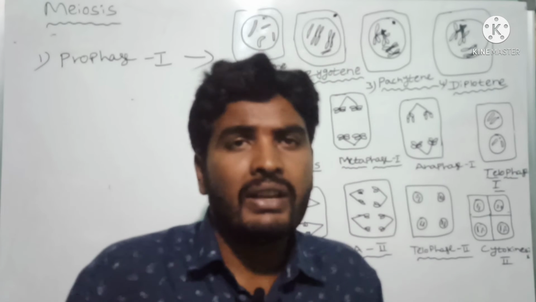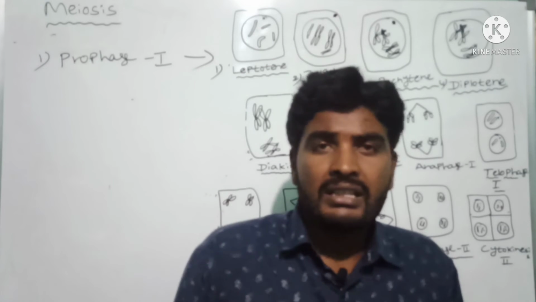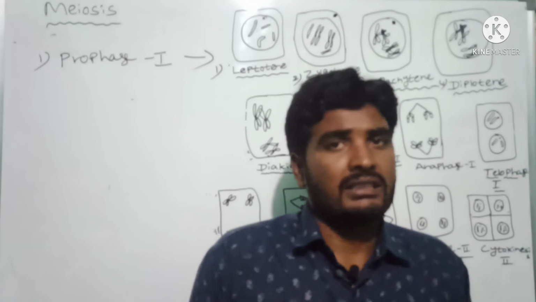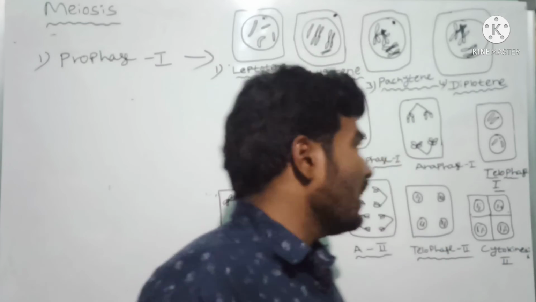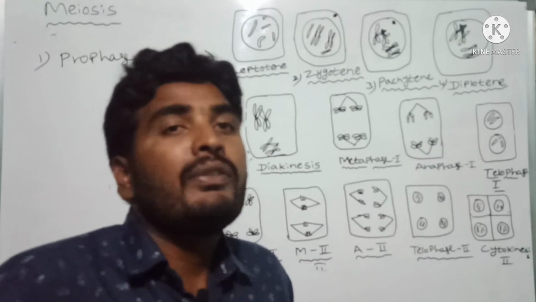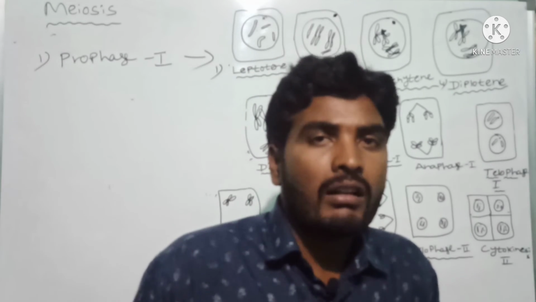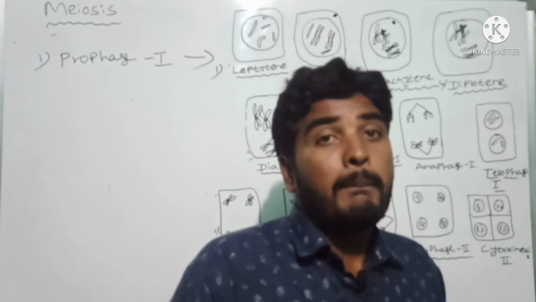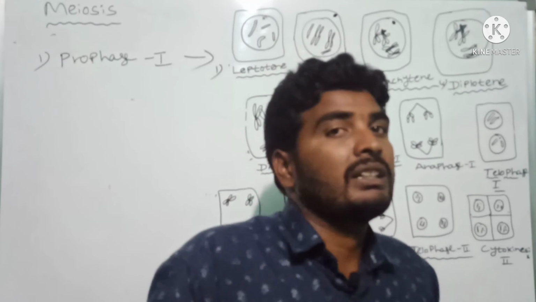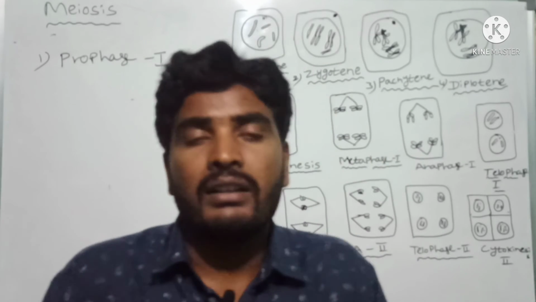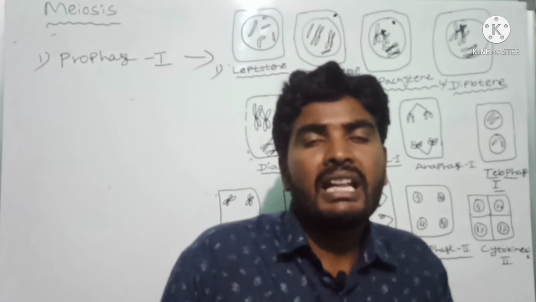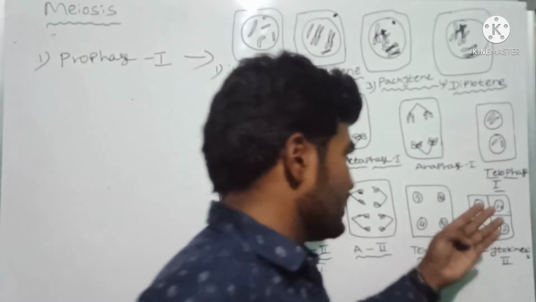What is the interkinesis phase? It is a very short duration phase. In this interkinesis phase, DNA replication does not occur. After completion of telophase 1 it may start cytokinesis 1 or not, but in between meiosis 1 and meiosis 2, interkinesis will be present. Interkinesis is a small duration, and in this interkinesis, DNA replication does not occur. Next one,